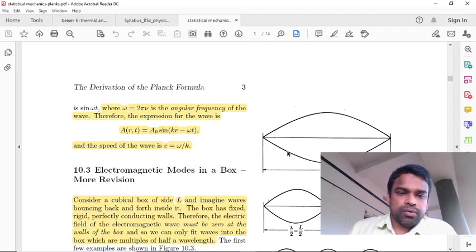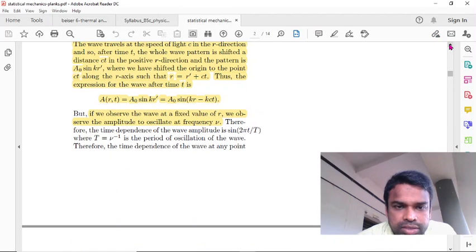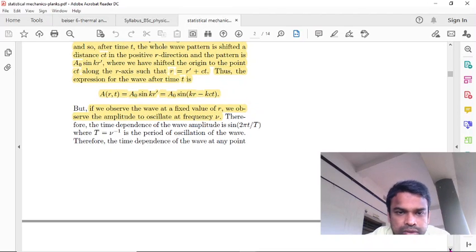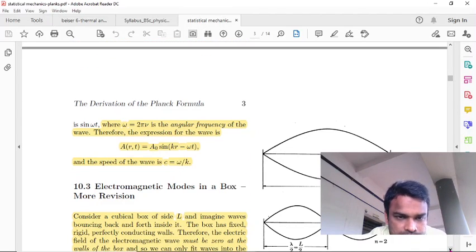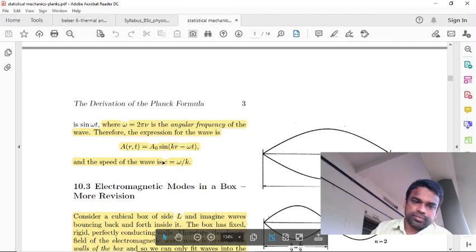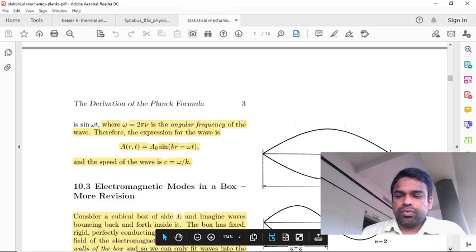Now this expression A0 sine kr minus kct എന്നുള്ള ടേം എന്തായിട്ട് മാറും when we use omega: it becomes A0 sine kr minus omega t, by substituting c is equal to omega by k. Okay. Now we see that